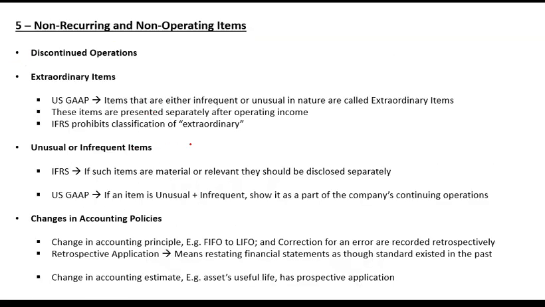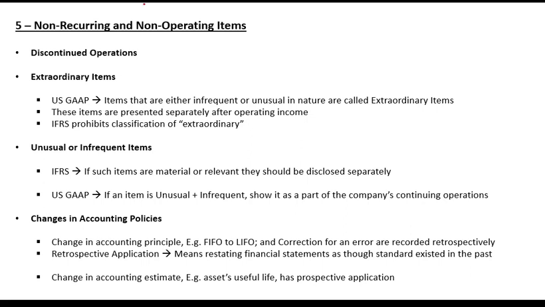After expenses, you have certain unusual or extraordinary items. These are items that do not occur very frequently, and as they are unusual, they are not of much importance for your future forecasting. When you are doing your future forecasting, usually it is better to remove the impact of these items because they will not hold in future. These are only one-time expenses or gains.